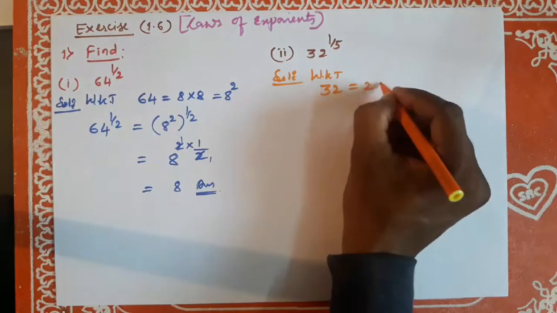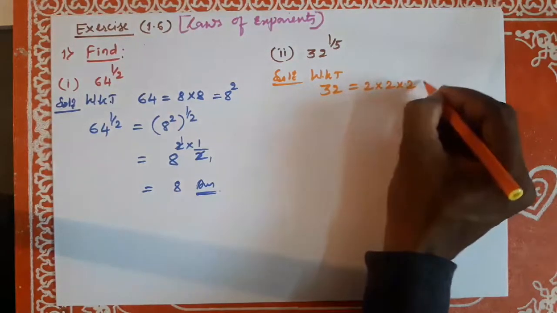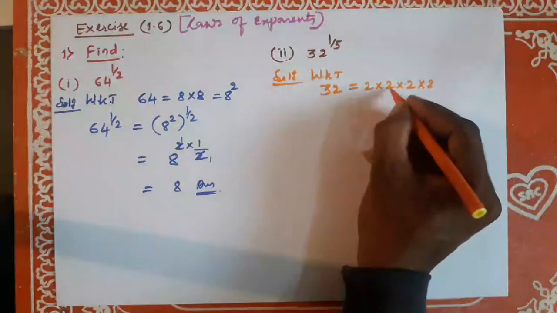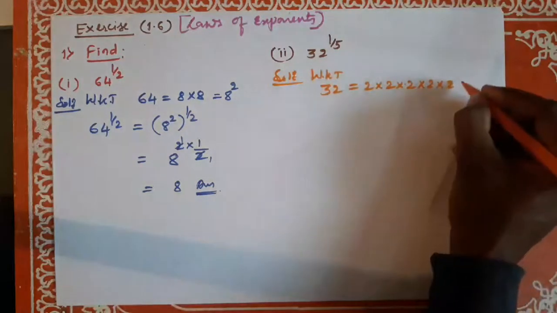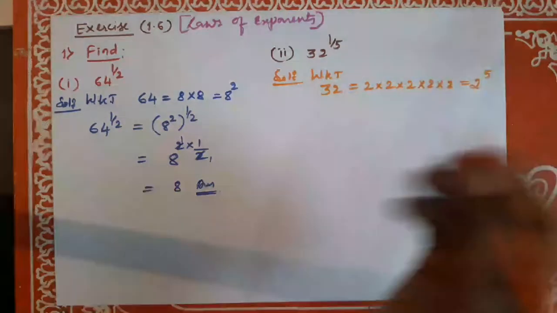32 is equal to 2 into 2 into 2 into 2. 2 twos are 4, 4 twos are 8, 8 twos are 16, 16 twos are 32. It can be written as 2 to the power of 5. So